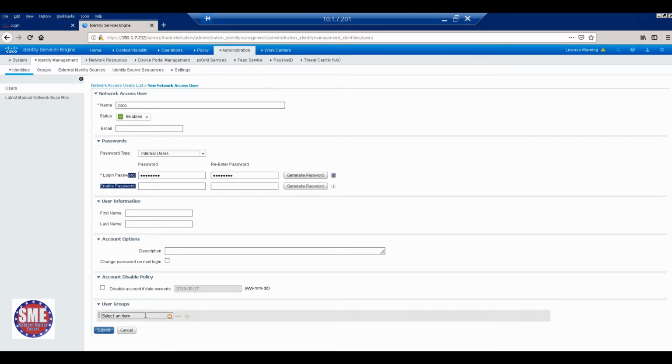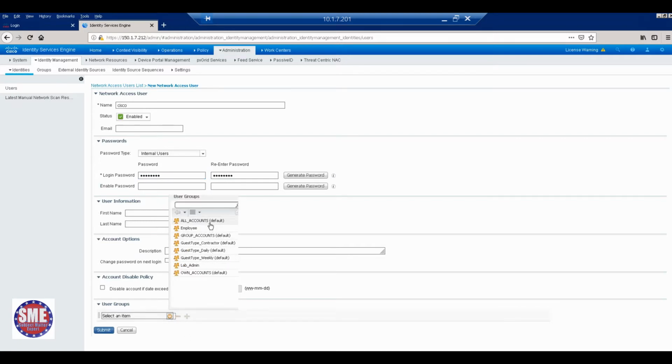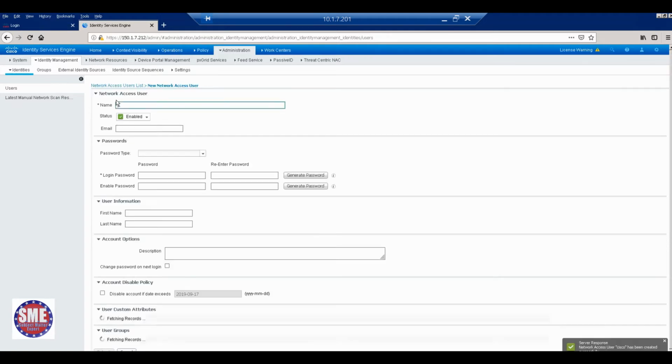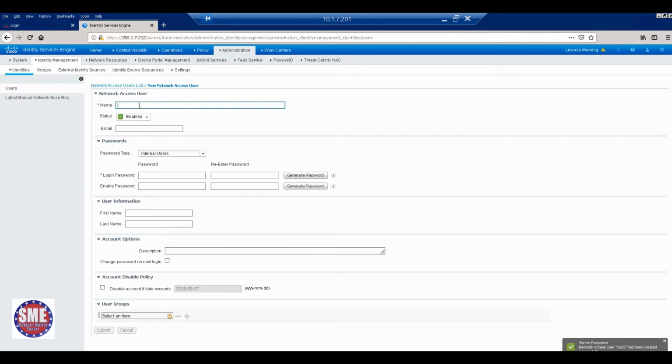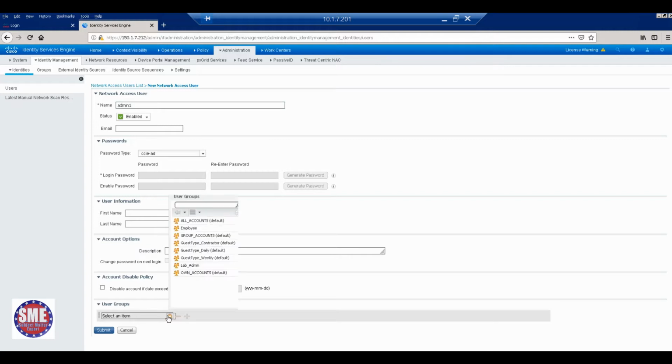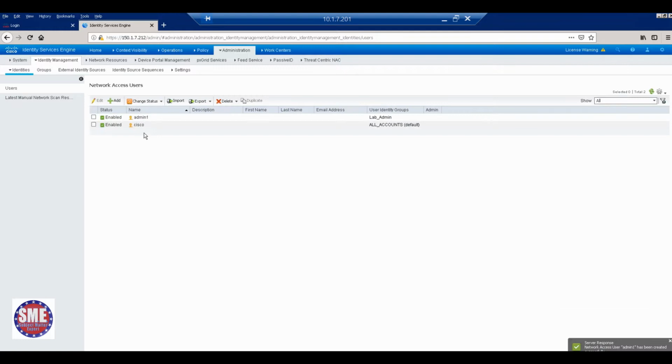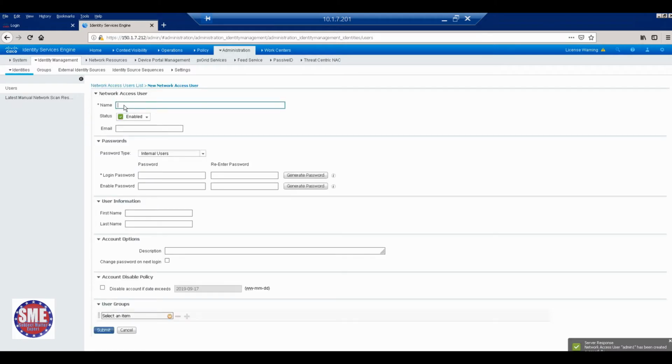Okay. User, select a group. All user group. Submit. Add. Next, admin. Admin one, small letter. Password: we have to select an internal user. It should be an AD user, so for the password you don't want to put anything. Group only selected, lab admin group. Submit. Lab admin is case sensitive, as per the lab.